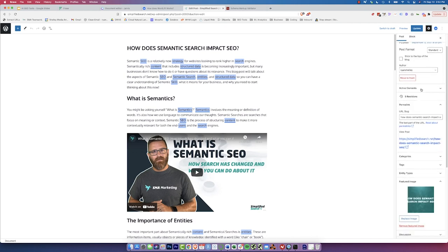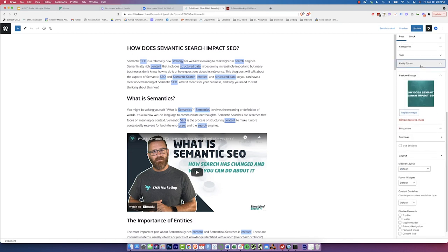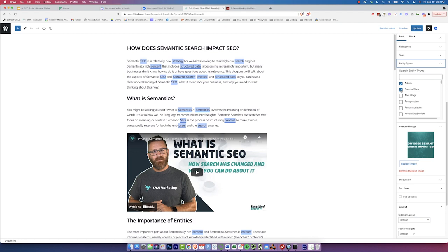If we go back over here to the settings, we can also declare an entity type for this specific page. In this case, this is an article, so we want it to be an article. But I could also, with the schema.org add-on, make this, let's say, a service page. I could add service markup to it. Let's say it's an author page or a person page. I can add that type of markup to it. All the different schema.org properties are available here, and with simply a click of a button, I can start adding